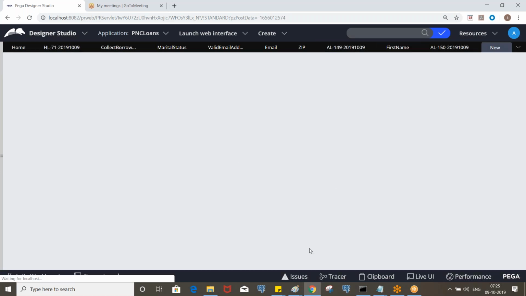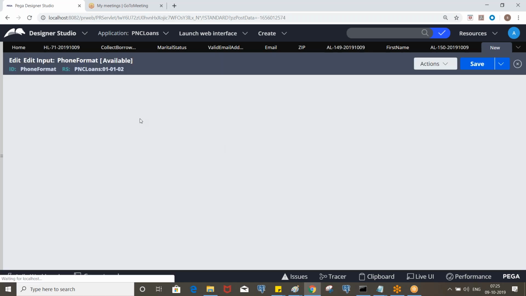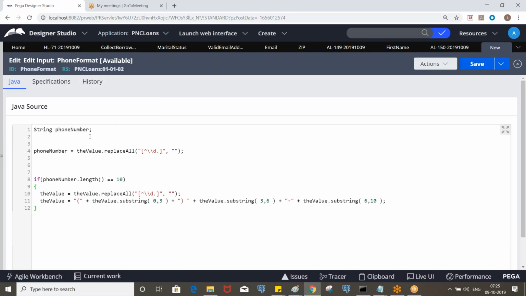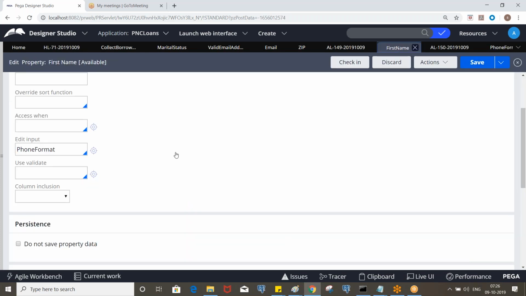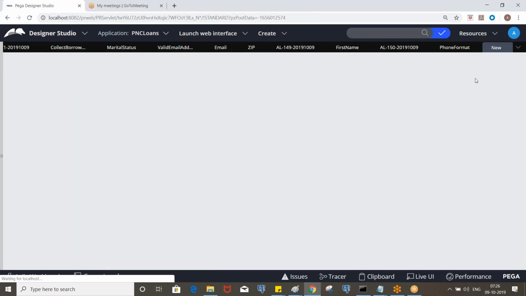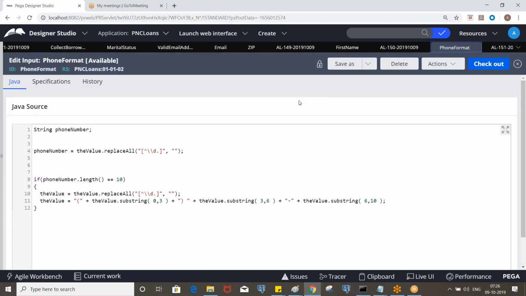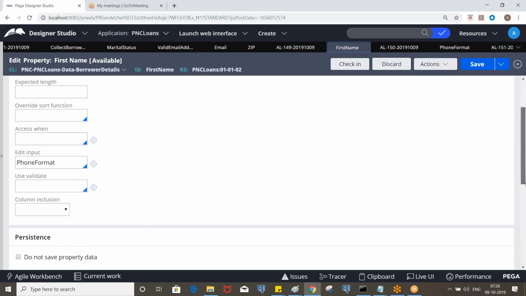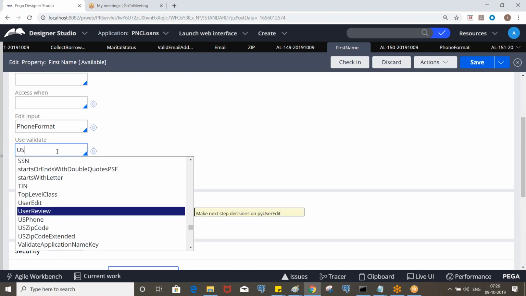You can create an edit input from here itself, place the code like this, and call that rule here. Let's assume that first name is the phone number, and use US phone.